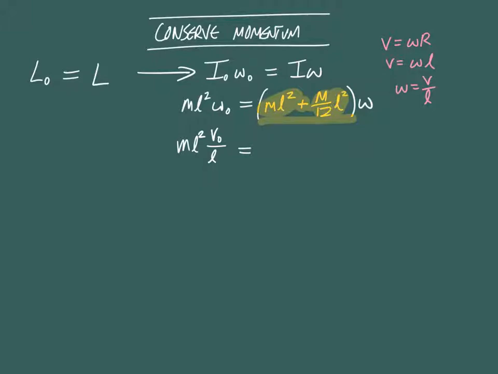Same thing over here. I'm going to separate the masses. I'm going to factor them out. And I'm going to have L squared, because they were common to both terms, and a V over L. And I think you see how not only do these denominator L's kill one of the squared L's, but the common factor on both sides just drops out. I don't need to go through every algebraic step. I can just cancel things that are cancelable in place here. And so I get an M V naught equals